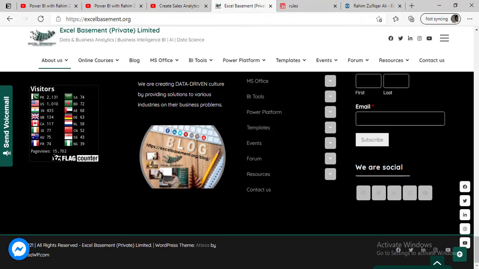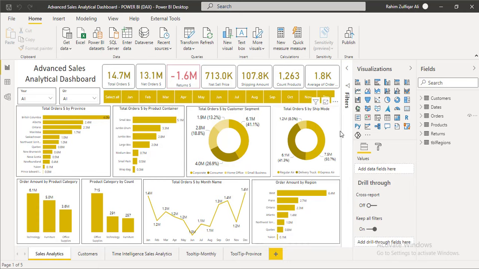So before further delay, let me start. If you find this design very amazing and awesome, the idea which basically generates this kind of design is to understand the designing rules first. Most users do not understand the designing rules, that is, how to set the slicers or KPIs or the visuals on the dashboard, right?